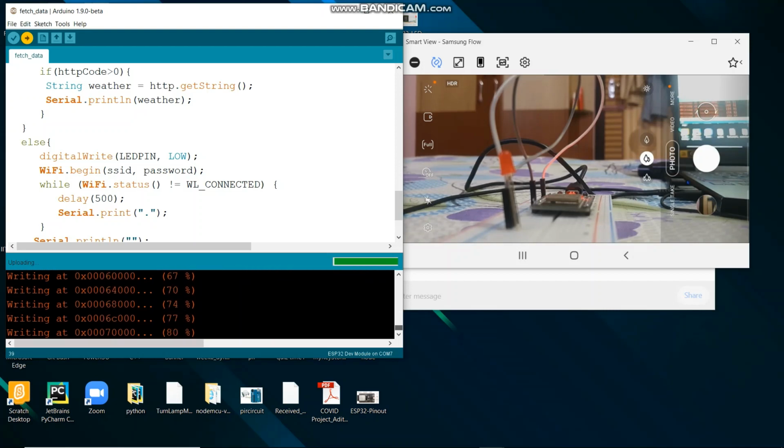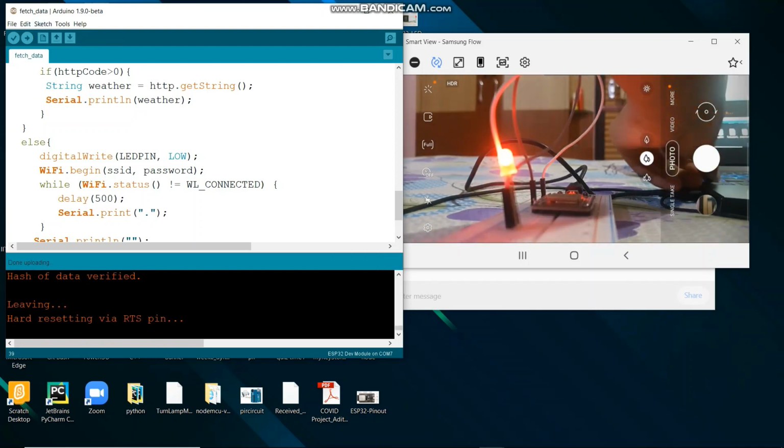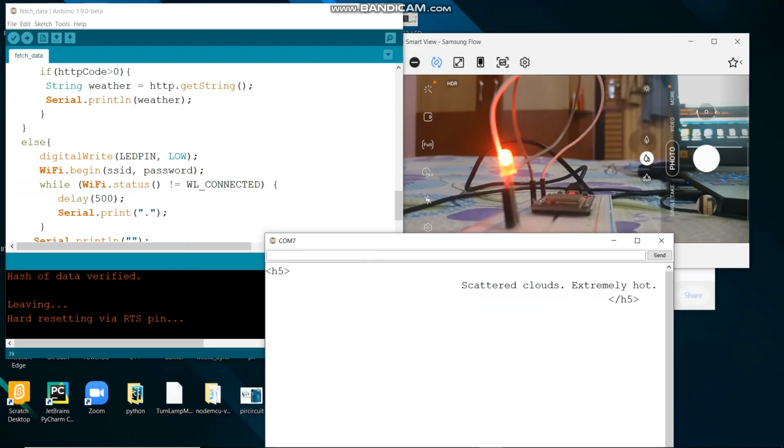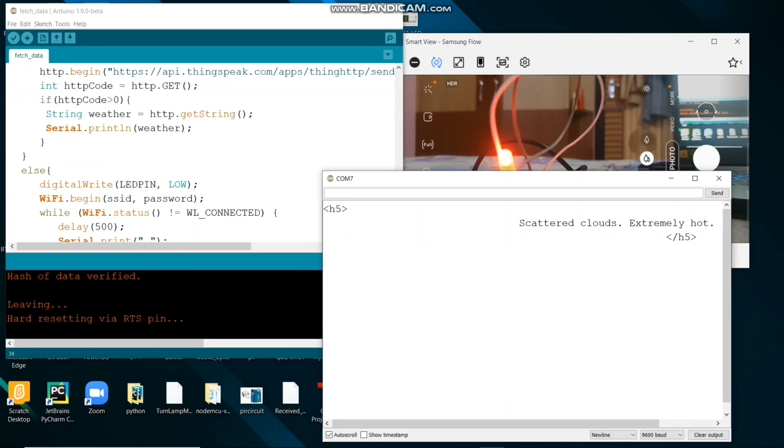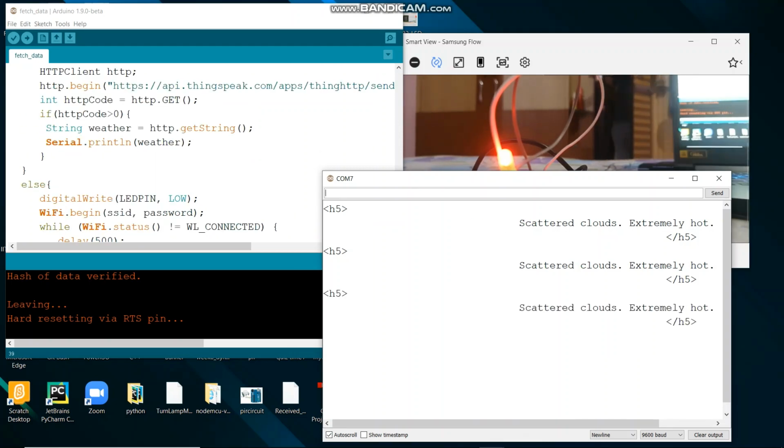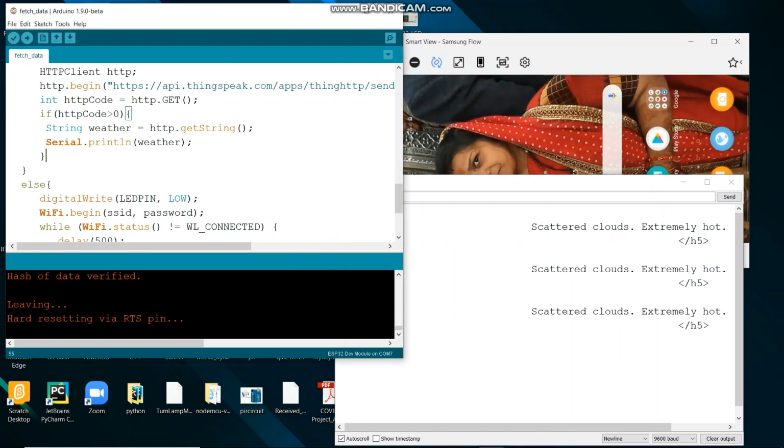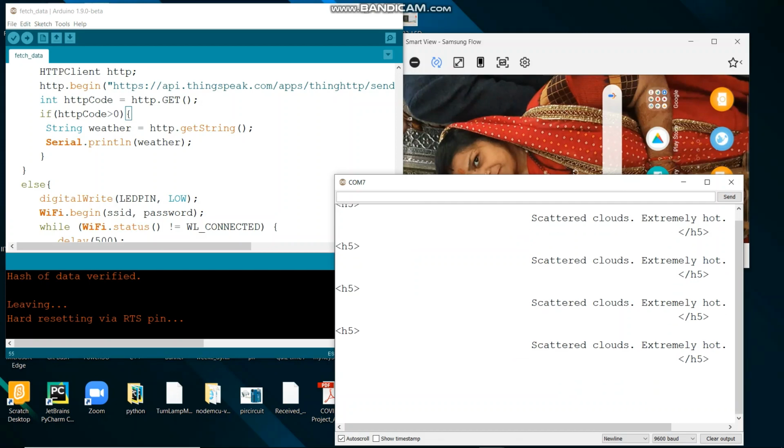Now it's writing, and you can see it has been uploaded. Now I will show you the serial monitor. In the serial monitor you can see that we have connected, so we are getting the data.